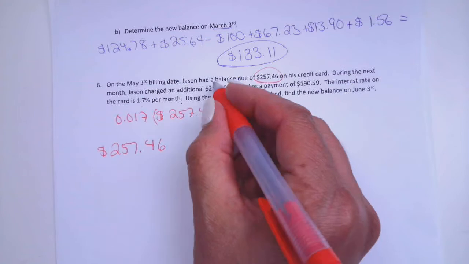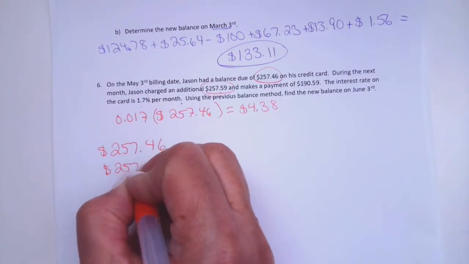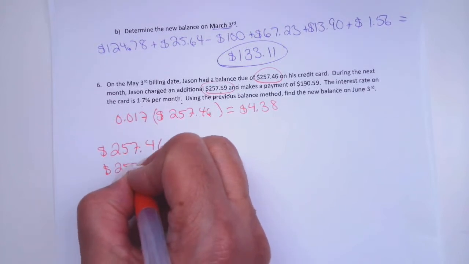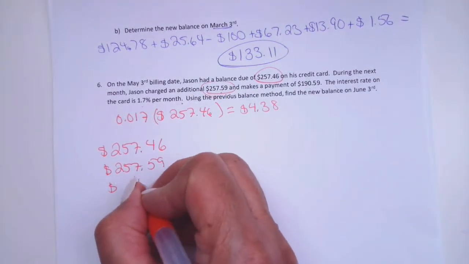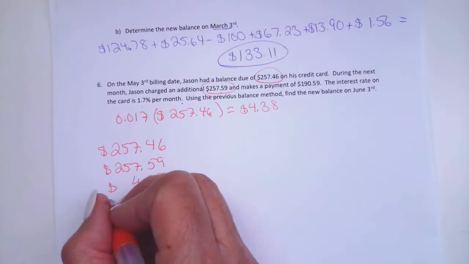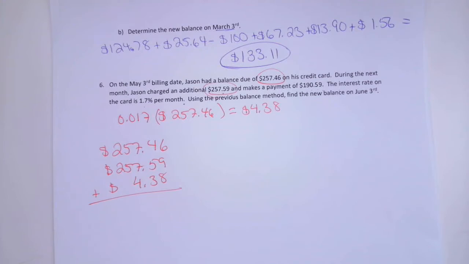He added another charge of $257.59. And then there's that $4.38 finance charge. So if we add everything that was added,